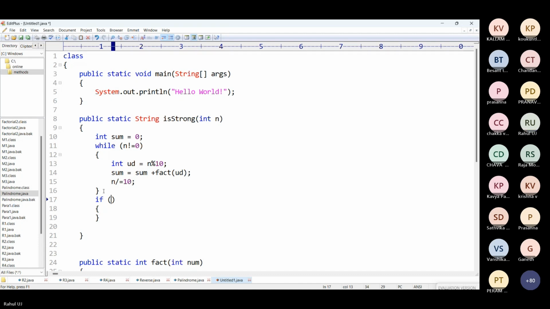Okay, so here what I will do, one more thing: not n, temp is equal to n. So here I will say, if temp is equal to sum, so before this, as it is a string value, what I can do,